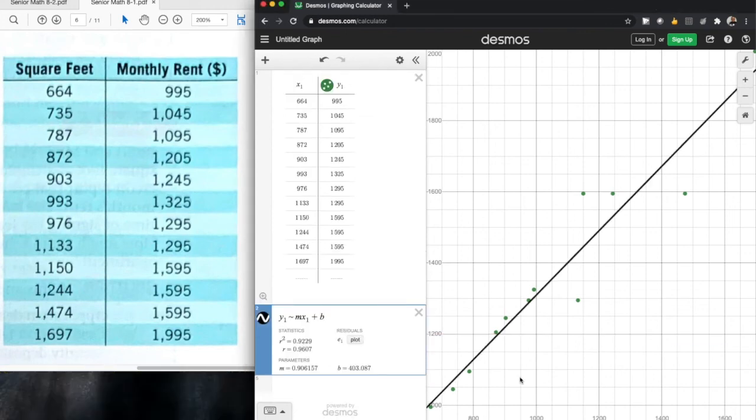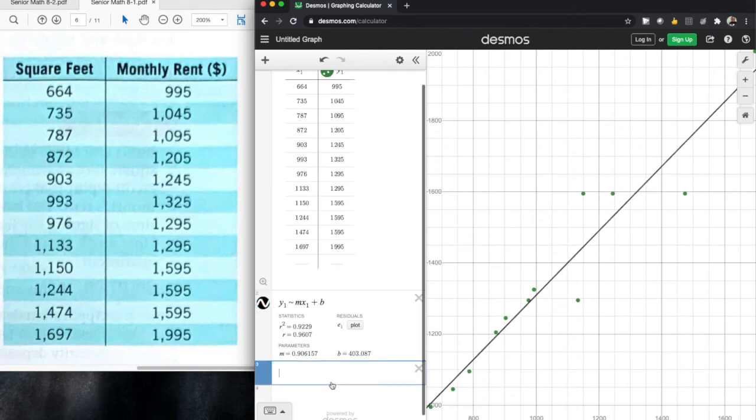Later in the book, we see a part that says what would be expected for an 880 square foot apartment. So if we just said 880 square feet, we're looking for a number that's going to be in here. According to this chart, just guessing, 880 is a little bit more than 872, and it's less than 903. So we're going to find a number, we hope, between 1205 and 1245. I'm going to put something down here, and let's plot y equals, and we're going to say